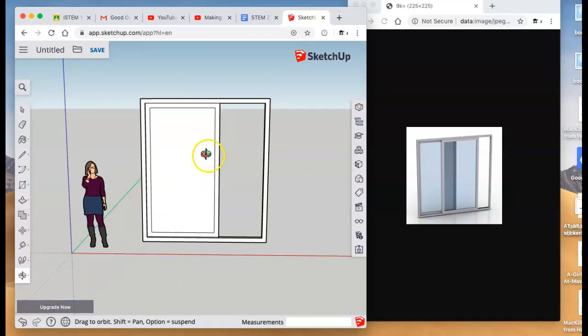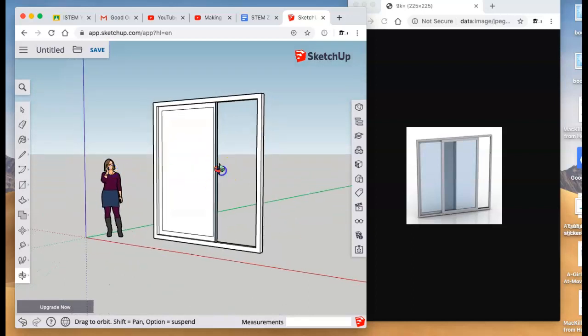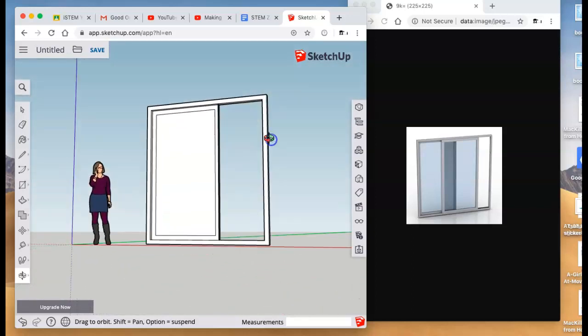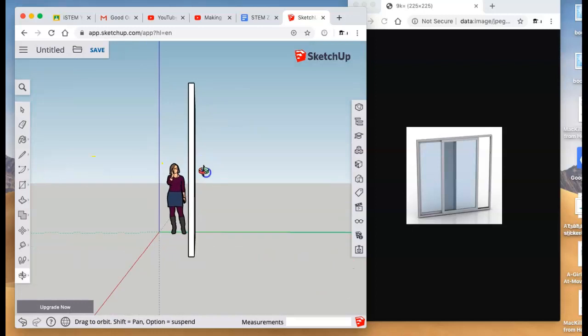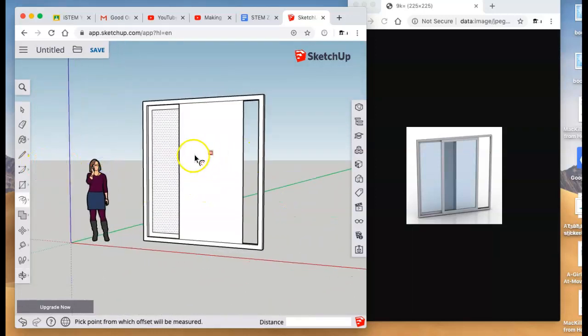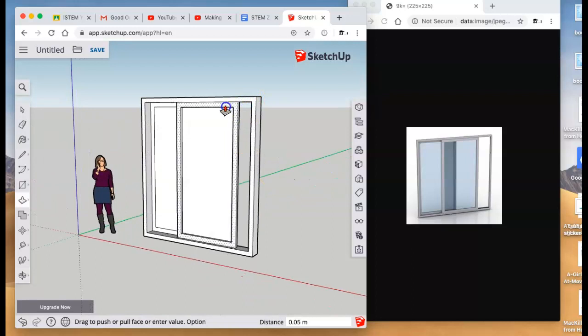Okay, so that's looking pretty good. Now we want to do the sliding door on the front. So we've got a tiny bit of space in between there, which is what I wanted. So I'm going to chuck the front sliding door here. I was just checking that we maintained the front and the back image. So I think the thing that I want to do is just pull that forward